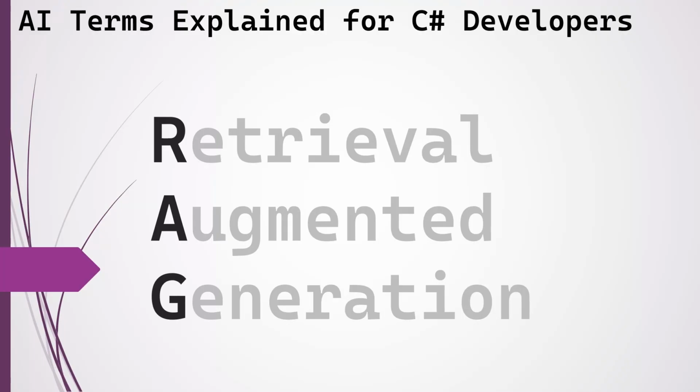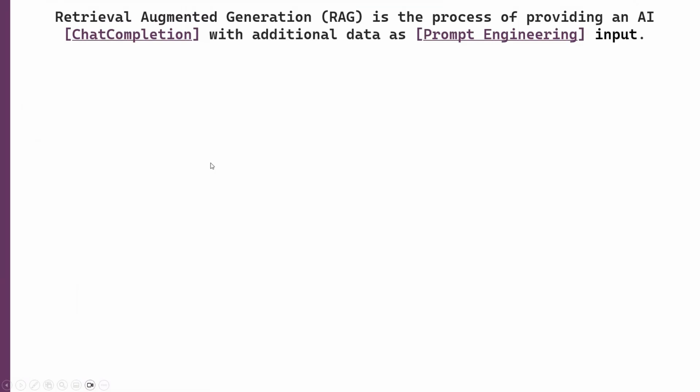Today we're going to look at retrieval augmented generation. And we're going to do it on a fairly high level because this topic, despite it being one of the first in AI after ChatGPT, is a fairly complex topic that is very dependent on a lot of other concepts in the system, as we will see in one second.